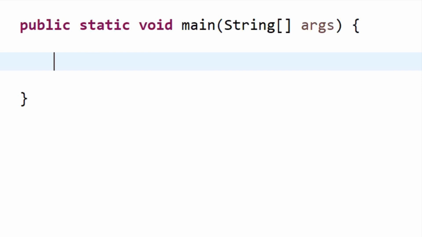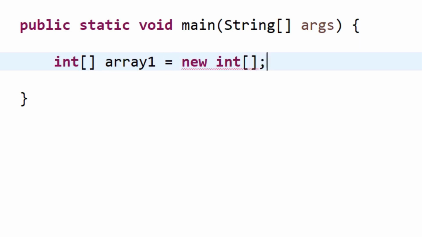An array is just a list of variables. So if we make an int array, then that's just a list of integer variables. We indicate that we want an array by typing square brackets after our variable type. So we'll type int[] array1 = new int[];